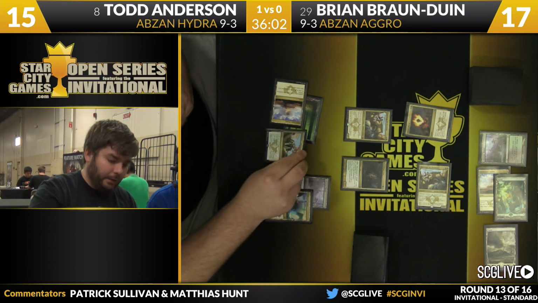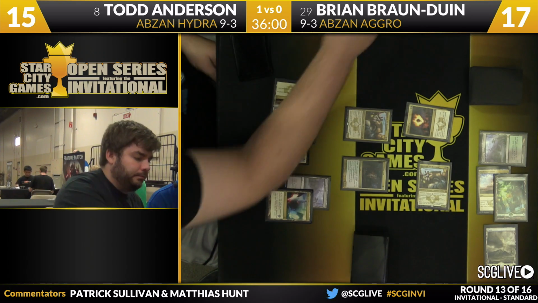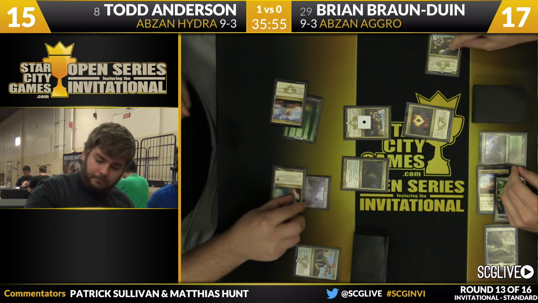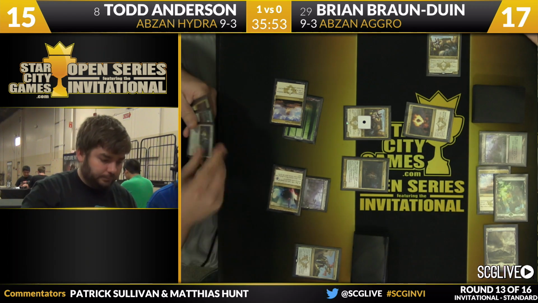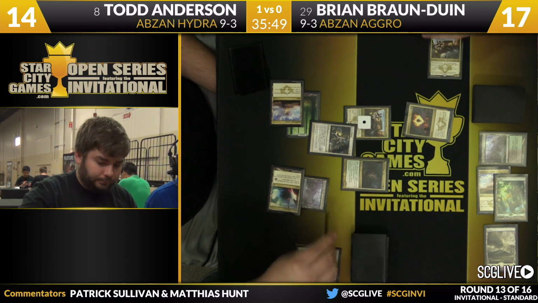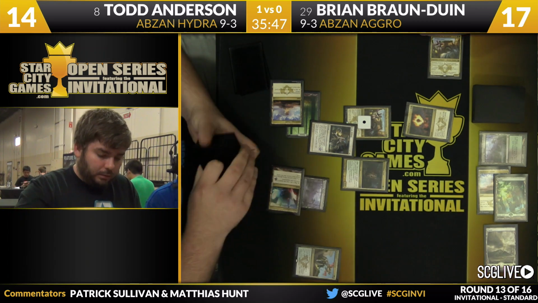Oof, that'd be great. He has Dromoka's Command. He's going to Dromoka's Command to make his Anafenza fight away Brian's Anafenza. Oh, what a turn. And then the God's Willing as well. This is just the consequence of, if you look at spells cast, Todd is up 4-2, and that seems to